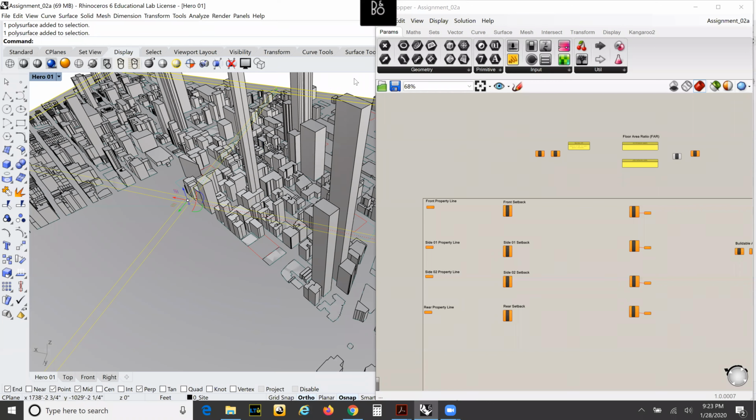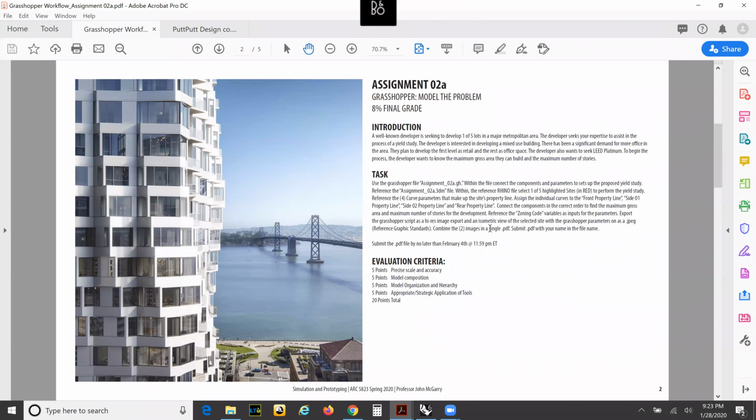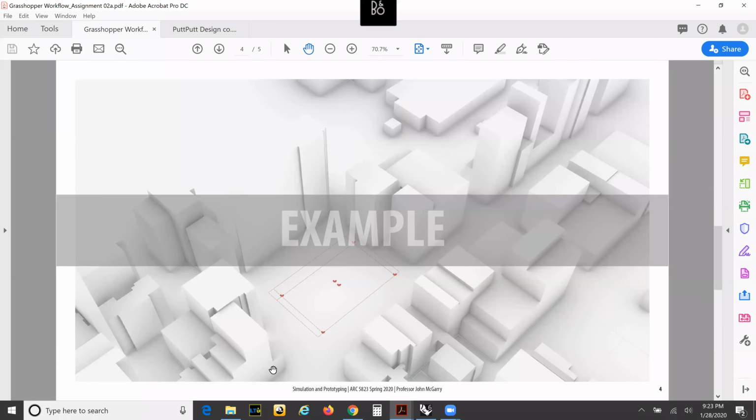So we also want a high-res image of your Grasshopper, which I'll show you in just a minute how to do. And I want you to grab a perspective view of your site with all the Grasshopper components turned on, and capture that image. And then combine those 2 images into one PDF with your name on it, and that's assignment 2. So real quick,